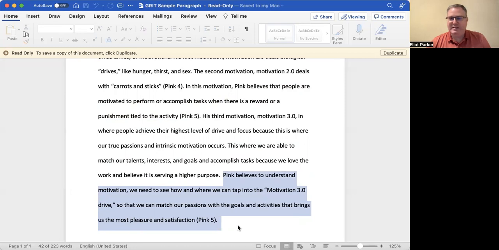So if we believe that maintaining grit is important, and it is something that we need to understand in order to be more complete people, but more importantly, to accomplish the goals and desires and dreams we have for ourselves, a lot of it comes from motivation. He believes that all of that starts in motivation, and that our motivation is sometimes influenced by carrots and sticks, but it's mostly influenced by ourselves. It's looking for ways we take those external motivations and internalize them, and then match our passions and talents with that. So that's how I broke this down.